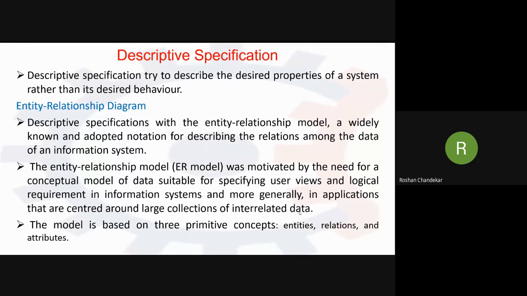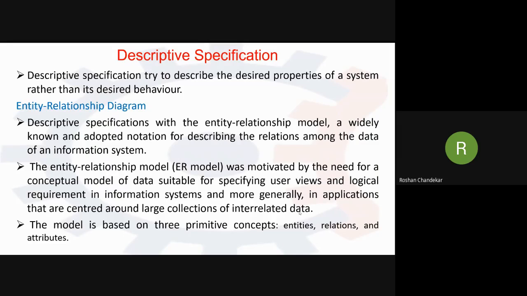As you are all aware, what is the entity relationship diagram? In the previous lecture, we discussed the data flow diagram. In the data flow diagram, we have a useful notation of the operational specification that we use to assess how the flow of data is going. We described all that in the data flow diagram, including the tools used to develop it, which were also discussed in the previous lecture.